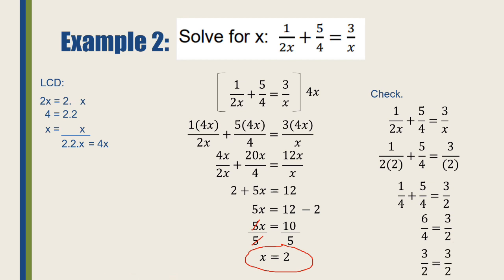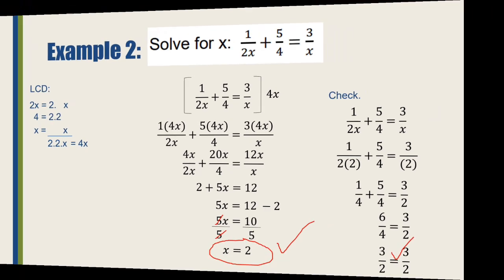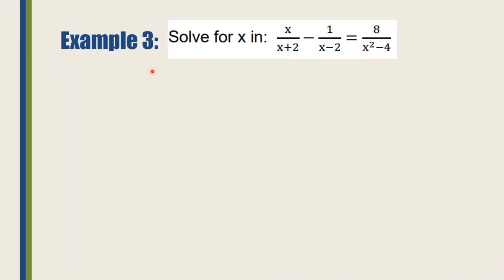Then 6 over 4 in simplest form is 3 halves, which is equal to 3 halves. So meaning to say the answer here is correct. x is equal to 2. Example number 3. Solve for x in the rational equation x over x plus 2 minus 1 over x